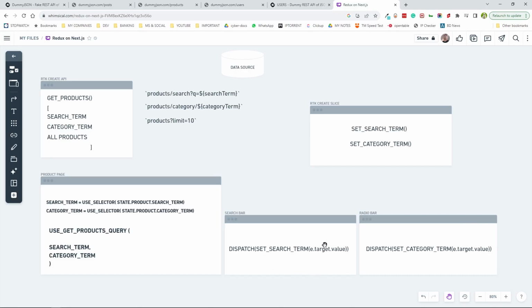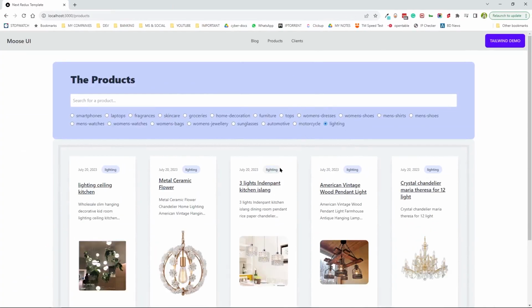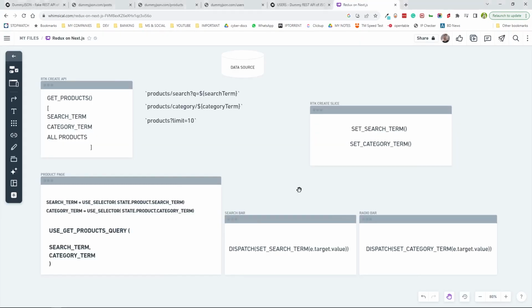So we get to manipulate the state in here within this search bar and the radio bar. Like for example here, as soon as we click something, we just update the state of this category term, and